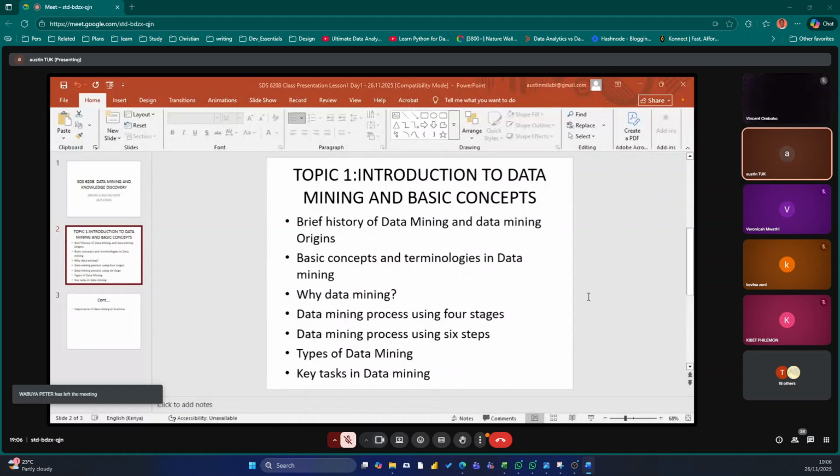The other one, we may ask ourselves, what is big data, especially in the context of data science, of data mining?